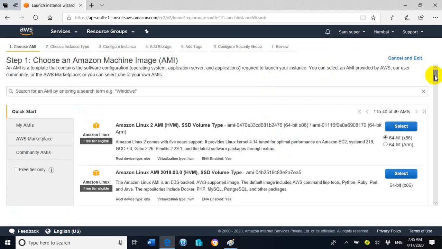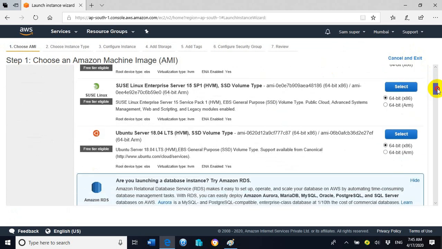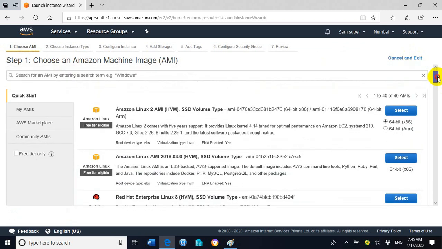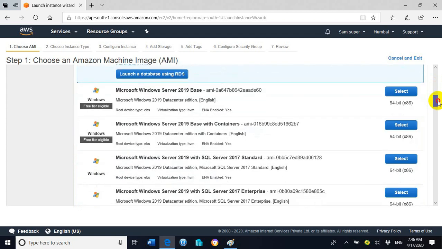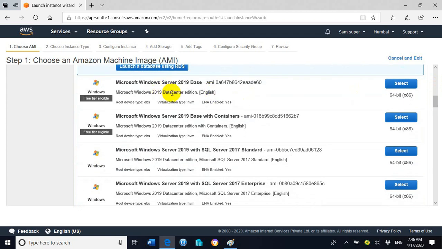Now it will show you a screen to choose an operating system image through which you want to create an EC2 instance. So you can see here many images, in which some of the images belong to the Linux flavor operating system and some of the images belong to the Windows operating system. So our requirement for today's task is to create a Windows based EC2 instance. Now we will select here